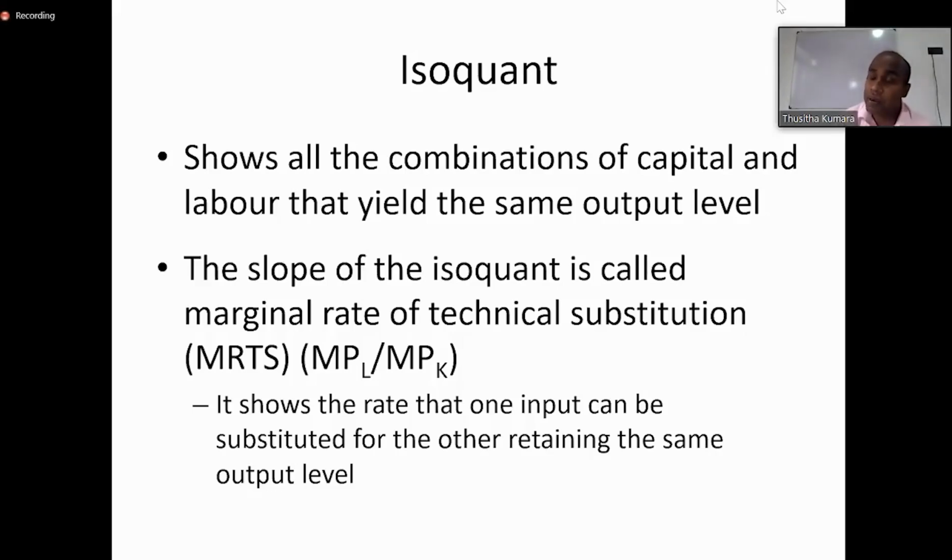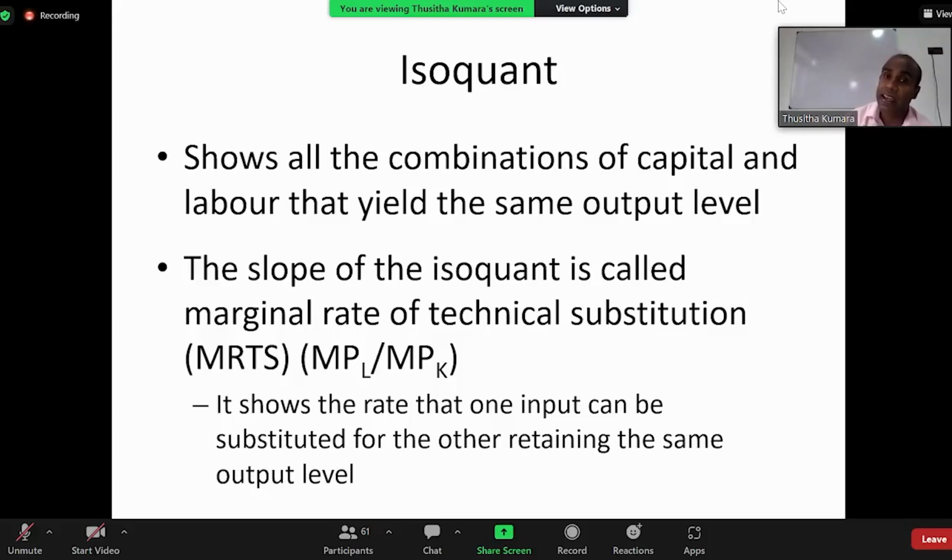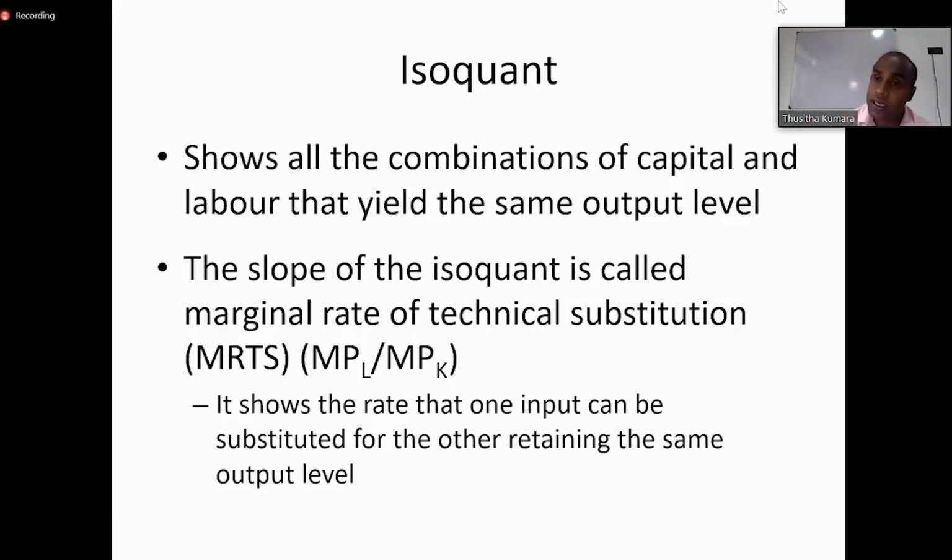Then, like the production functions in the short run, in the long run we have something called an isoquant. An isoquant shows all the combinations of capital and labor that yield the same output level. Or in simple words, an isoquant will show the different combinations of the production factors. When you have two production factors, an isoquant will show us different combinations of these two factors, in our case, capital and labor. This is called